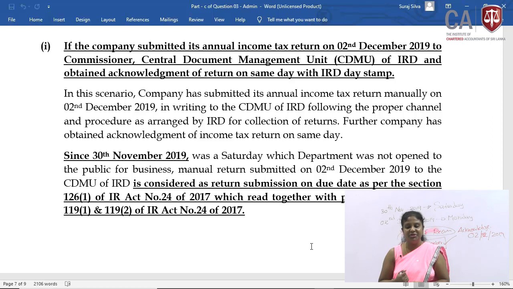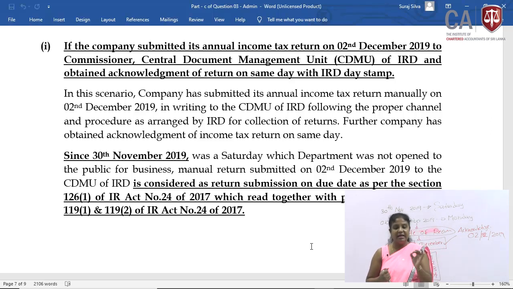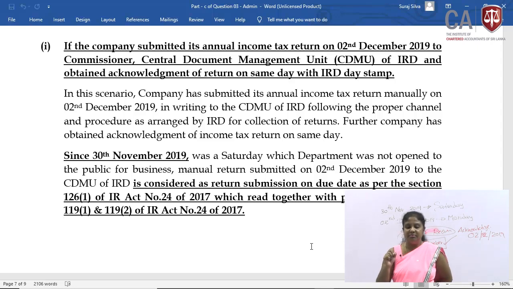Manual return submission on 2nd December 2019 to the CDMU of IRD, see, it is bolded and underlined, this is your conclusion, is considered as return submitted on the due date as per section